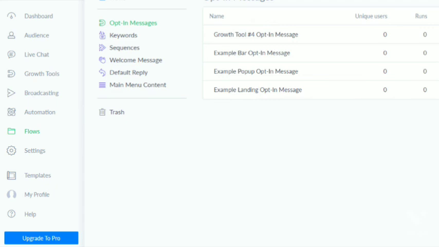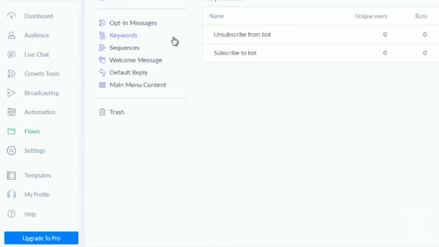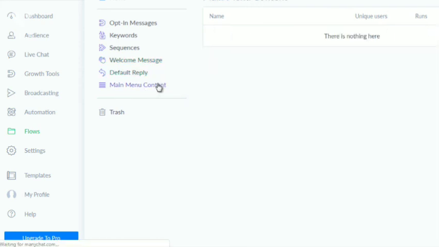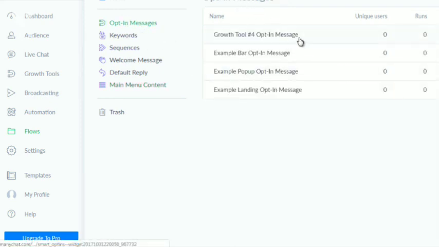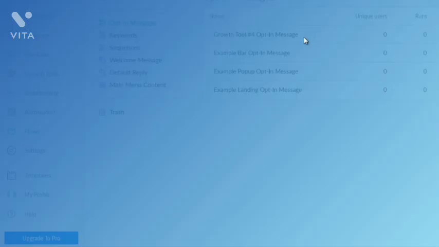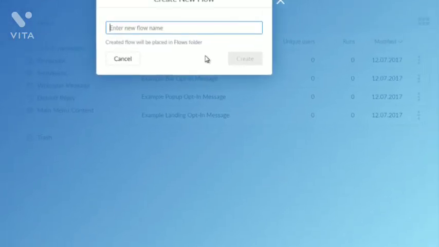So as you can see here, we have opt-in messages, great for getting access to people's email addresses. And we've got keywords, unsubscribe, subscribe, sequences, welcome messages, replies, and main menu content. So these flows, you can choose one and then you can edit it. Or you can click new flow, and we'll just call this scuba test. We'll click create,